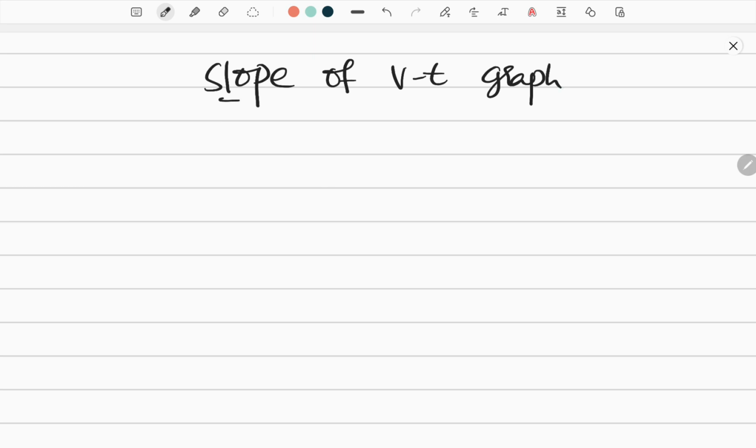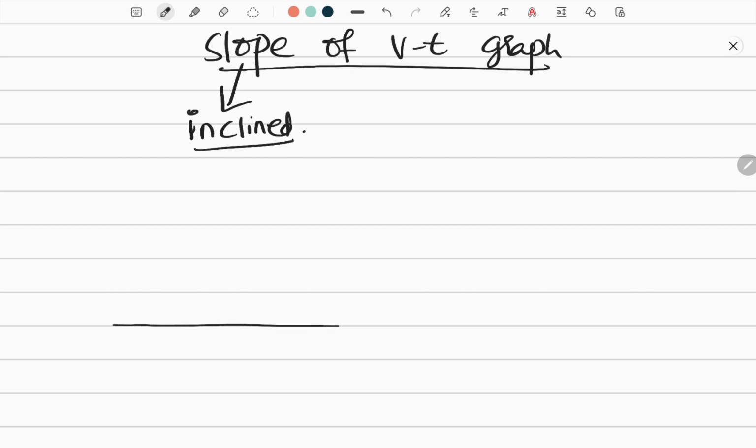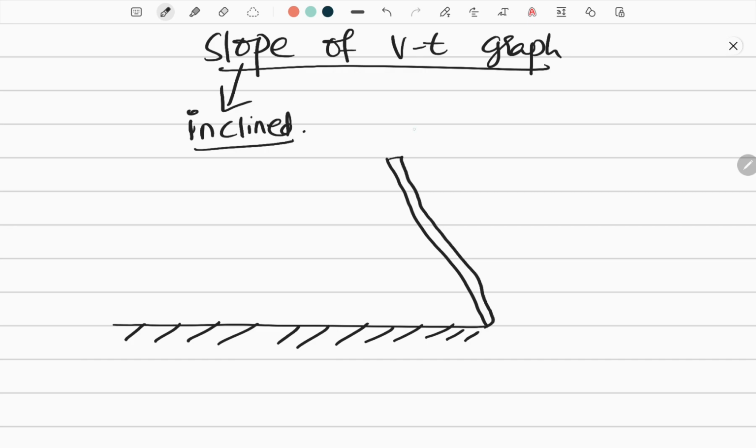Now you must be wondering, what is the meaning of slope? Slope means inclined. Okay, how much it is inclined. All right, in your garden and all, you must have seen, no? For example, this is the ground level, and they will have all these playing things. For example, they will have this incline for the children, where the children can slip. They can slip from here and come down. It can be made like this, or it can be made like this also. For small children, they will be making like this, which is having more slope. You must be understanding, no?